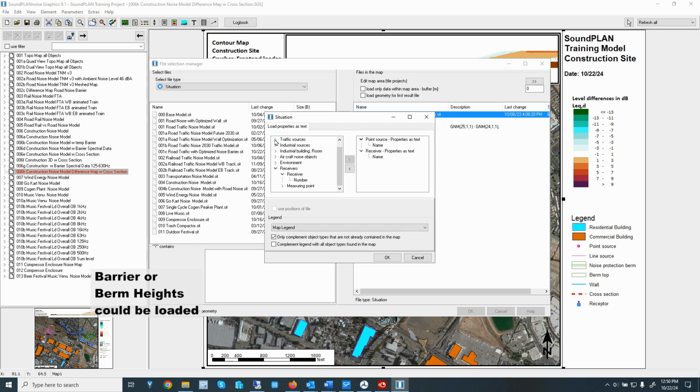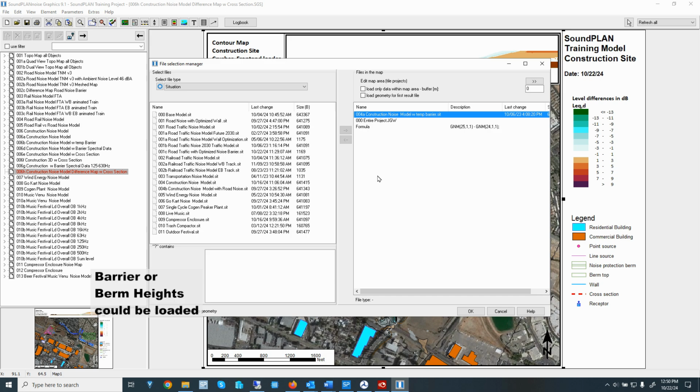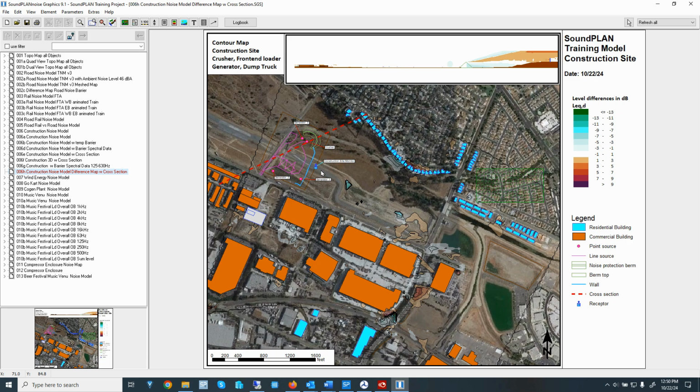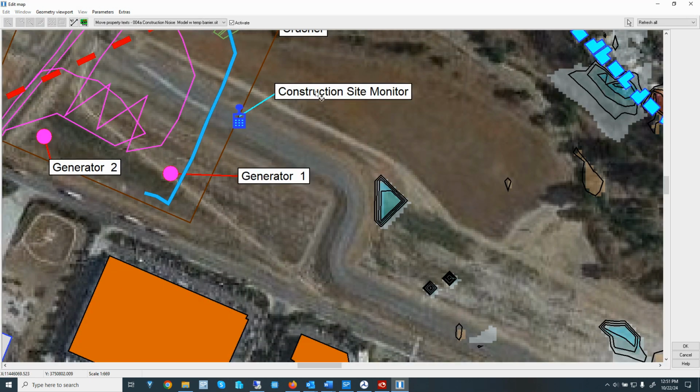For traffic sources, you could take in the name of the road, the section name, and so forth. All right. So you are loading this into the sheet, and then here we can see that. Let me zoom in here. The property text.